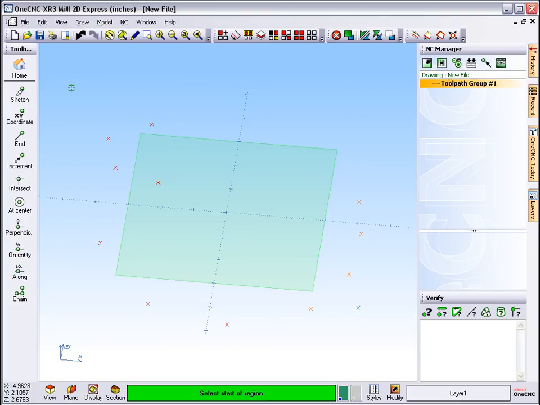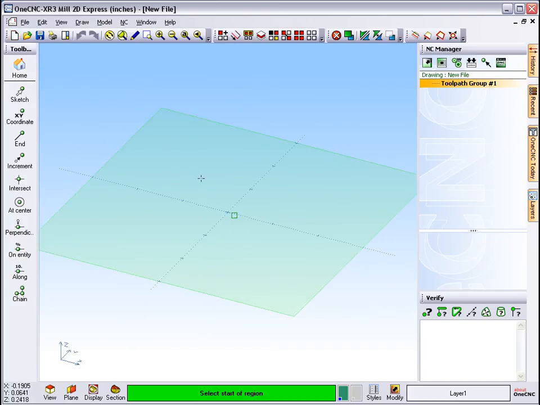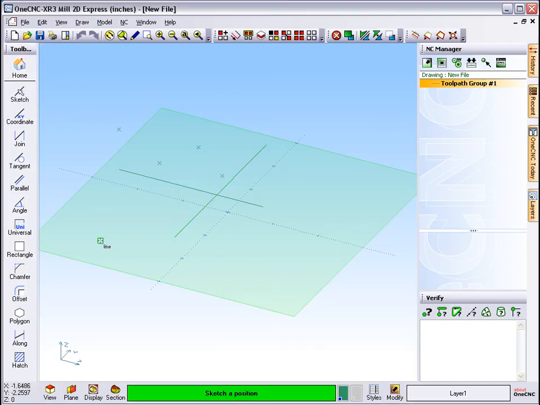Let me demonstrate that. I'm going to click the New button, and I'm going to go back in, and we'll sketch a couple of points again. Let's go back home here. Let's sketch a couple of lines. I'll make that line horizontal, that line vertical. Let's make a line through an angle. Okay, so we've got